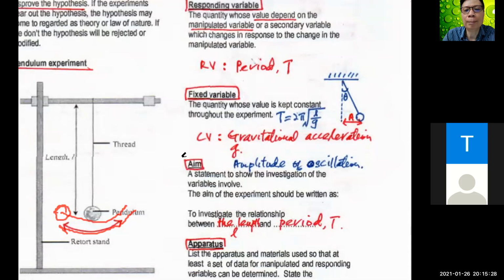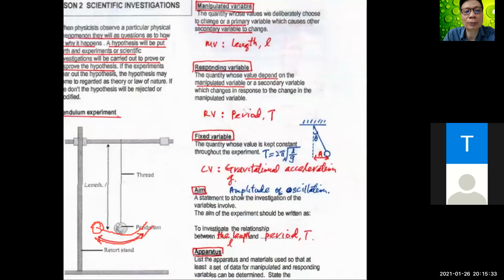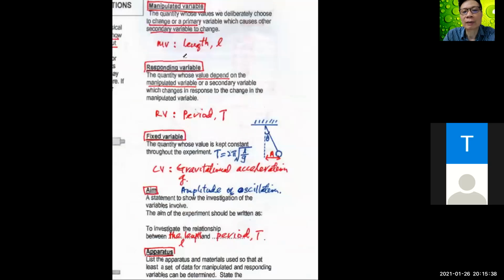Okay, then the variables: manipulated variable, responding variable, and fixed variable. There are three variables, right? Then next, you must write the aim. When you do any experiment, you must have an aim. 你一定要有目标，你的目标是什么？Then you see here, keyword is what? To investigate the relationship